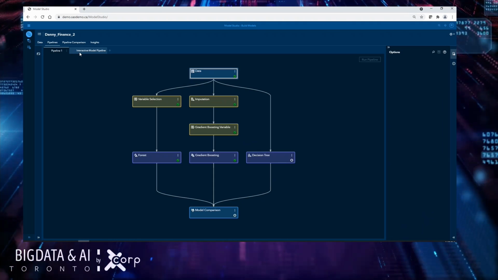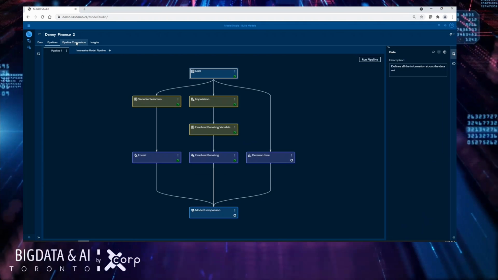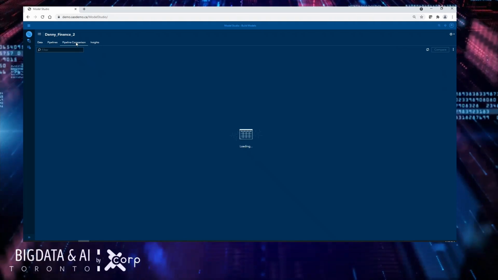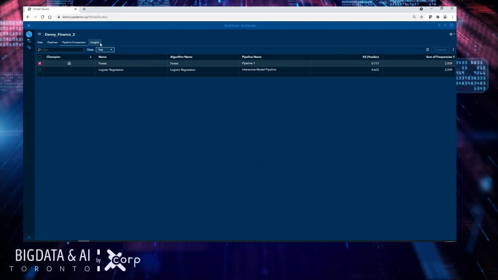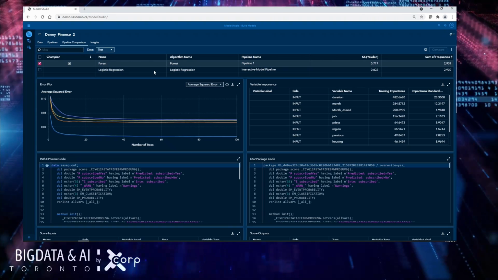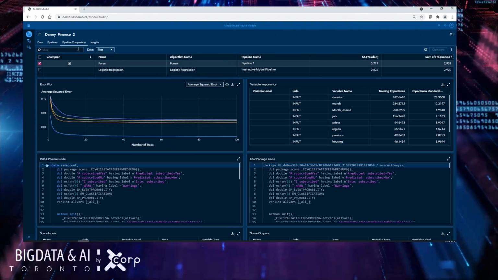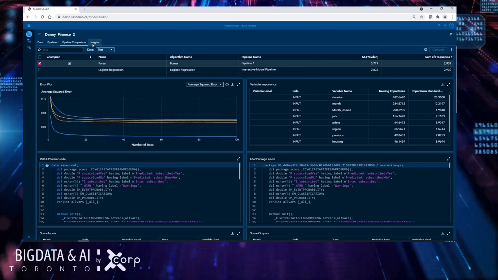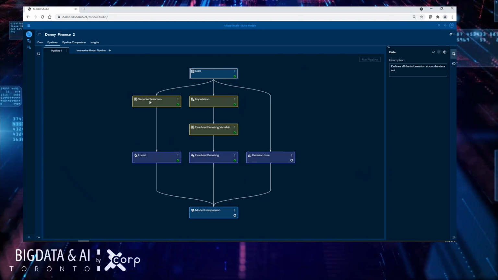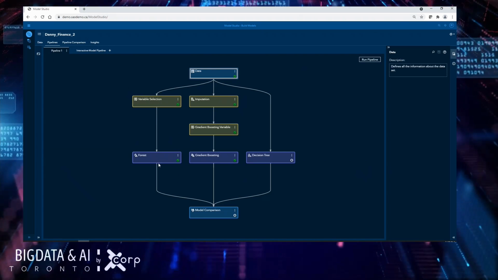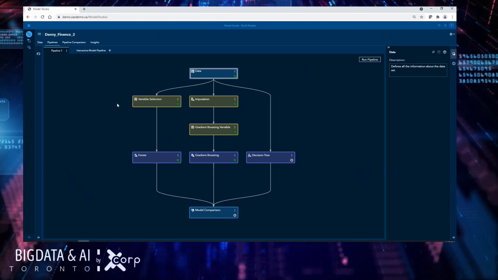So I have two pipelines that I've built, and the aspects in here can also compare the two pipelines and generate insights for us. We see that the best model we have is the forest diagram from pipeline 1. And then we can also generate insights from them. So we have pipeline 1 here. This is our winning model. So going from here to variable selection to forest to model comparison, that is our best